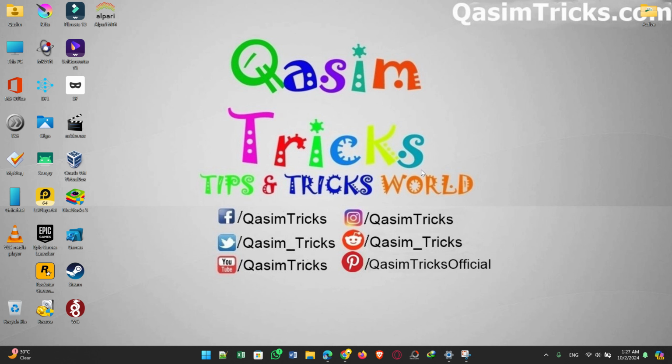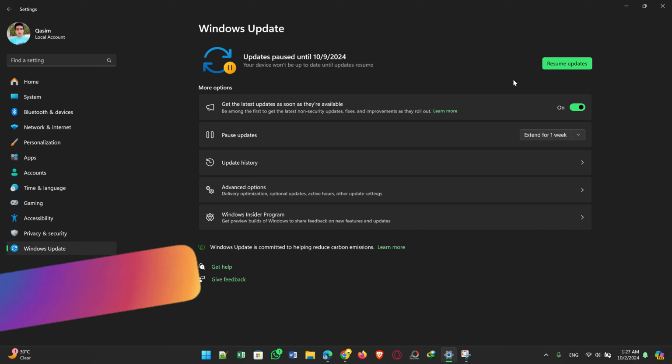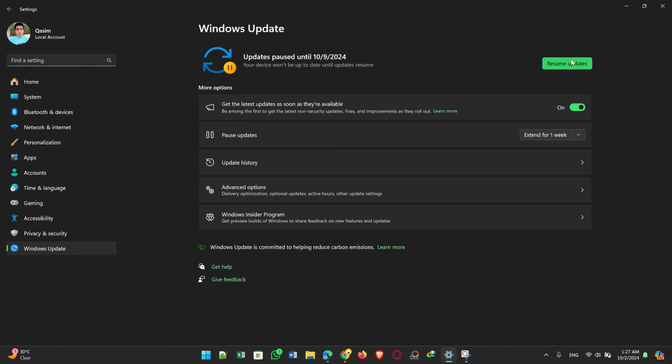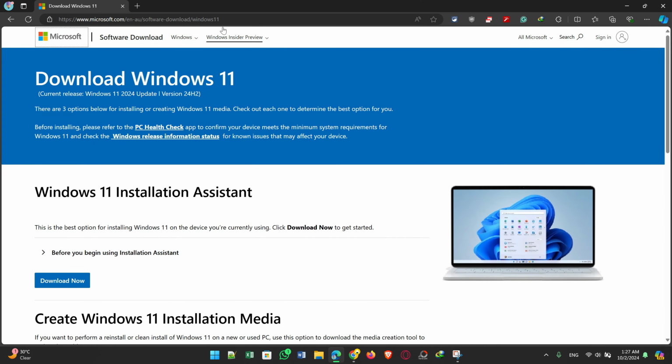Today Microsoft has released the latest 24H2 update and you can easily update to it using Windows Update. So simply go to Settings, Windows Update, and from here click on Check for updates. As it comes today, it will slowly be available to every PC, but for me the update isn't showing here right now. So if you aren't able to update from here, then simply visit this page from Microsoft and